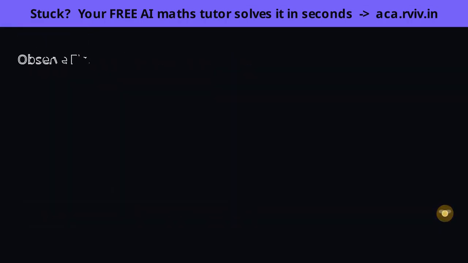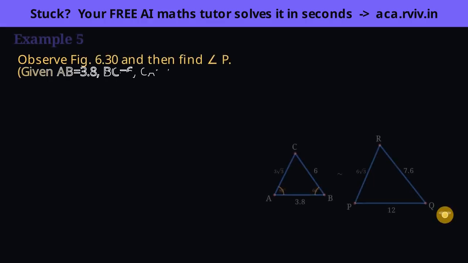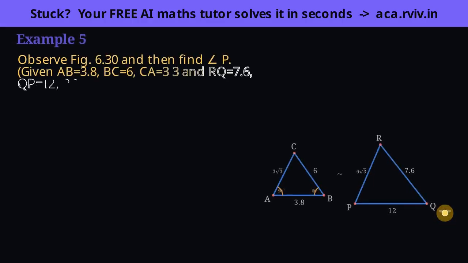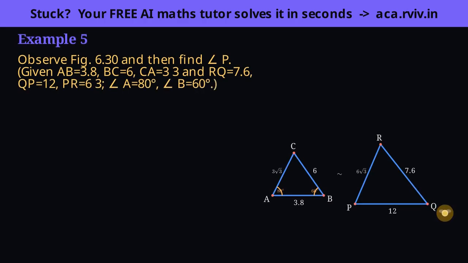We want an angle, but the only numbers we have are lengths. The bridge from lengths to angles is similarity, so check the three side ratios first, and the matching angles fall out. Notice the trap in the wording. We are asked for angle P, but P lives in the second triangle, and we are given no angle there at all. So we can't find it directly. The plan instead is to prove the two triangles are similar using only their sides, and then let similarity carry an angle across from the first triangle to the second.